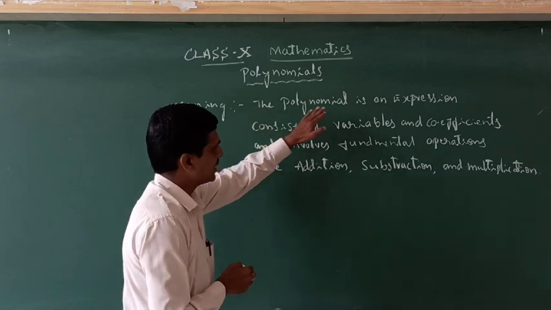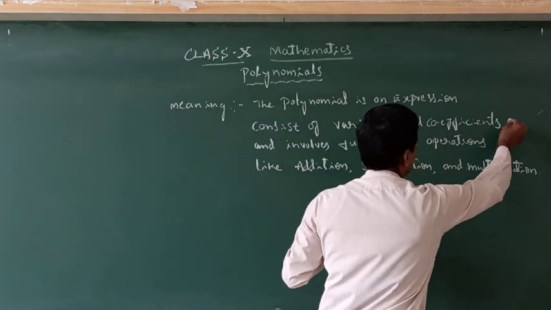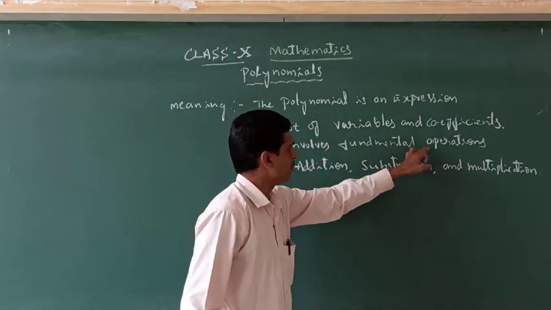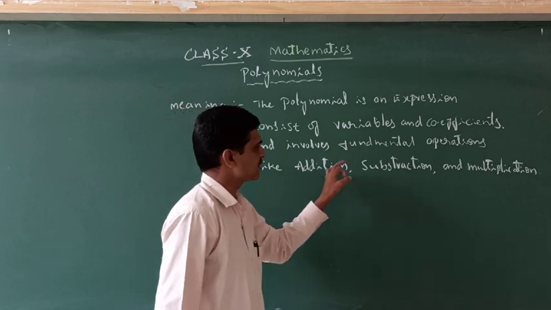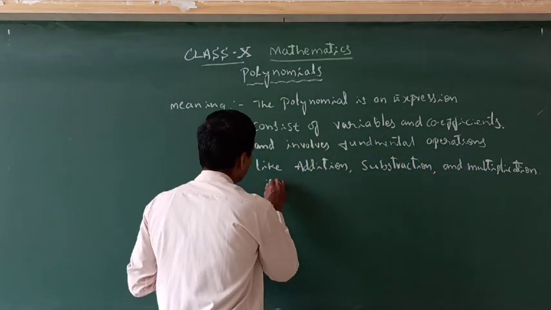So the polynomial is an expression consisting of variables and coefficients, in which it also involves the fundamental operations like addition, subtraction and multiplication, including